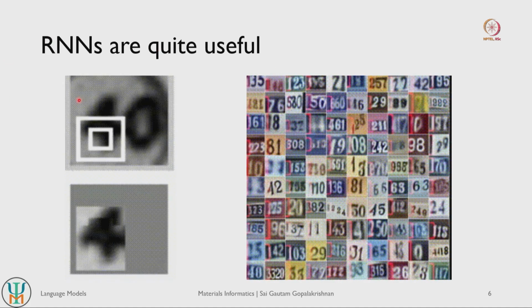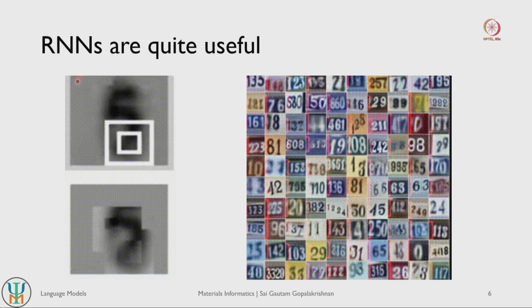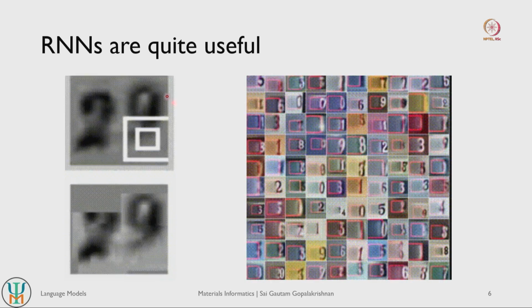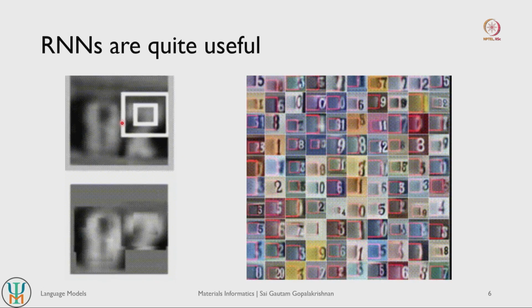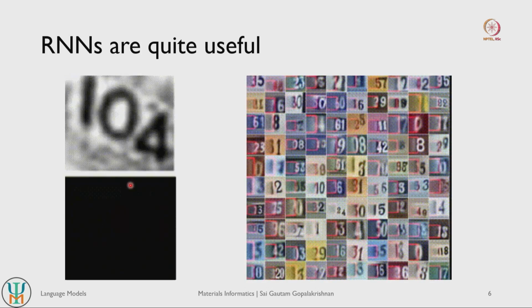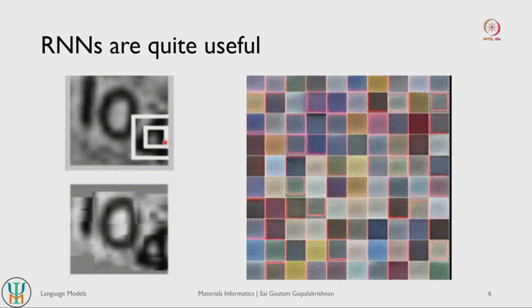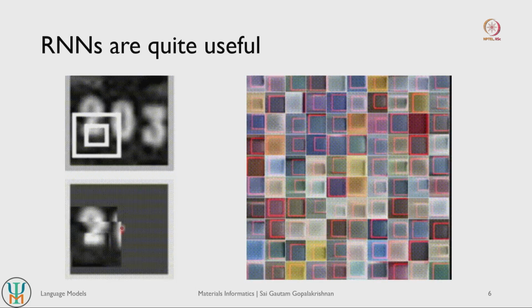So you see that the images here basically represent some kind of house numbers, right, and these are all fixed pixel images, so the number of pixels are the same, but you see that the model is actually learning the important pieces of the image as it tries to reconstruct whatever is the house number, right. So you see that it's sort of scanning through only the relevant portions of the image to generate the final